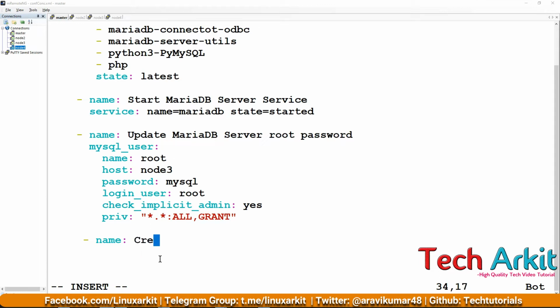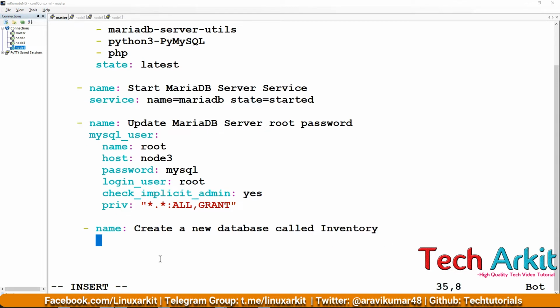Okay, so create a new database called inventory. Here I'm going to create a new database called inventory. Here also I'm going to use the mysql_db module. So the name I'm going to specify is inventory, and state equal to present, because I'm going to create it, and login_user, which is going to be root,